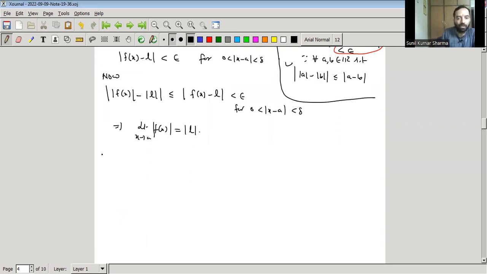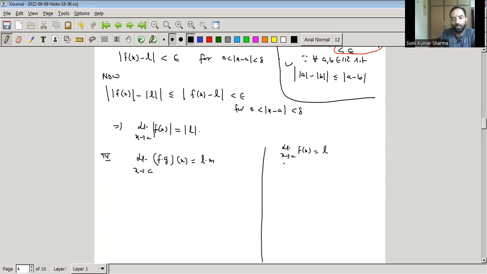Now the next part is we have to prove that limit x goes to a of f into g at x is equal to L into m. So what is given, we have to make use of that. Limit x goes to a f(x) is equal to L, limit x goes to a g(x) is equal to m,